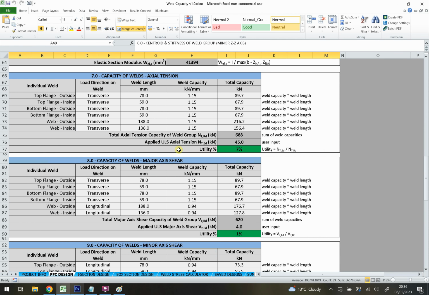The next section is when we go on to working out our actual weld capacity. So we have the capacity in axial tension, and you can see what I've done here. Basically, each weld on the PFC is decomposed out, then I have how the actual load, in this case axial tension, is actually loading the weld in each instance. So for axial tension, that's just pulling on the section,